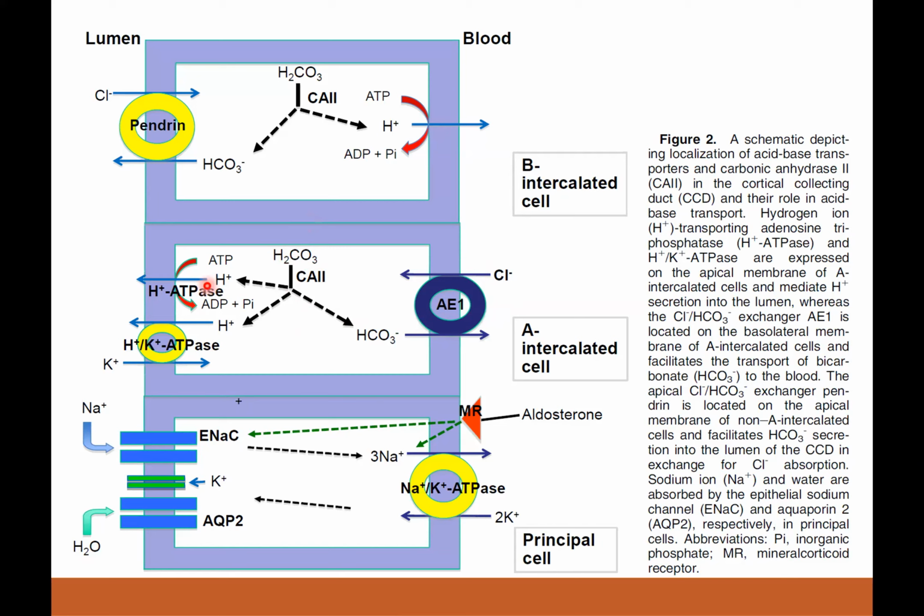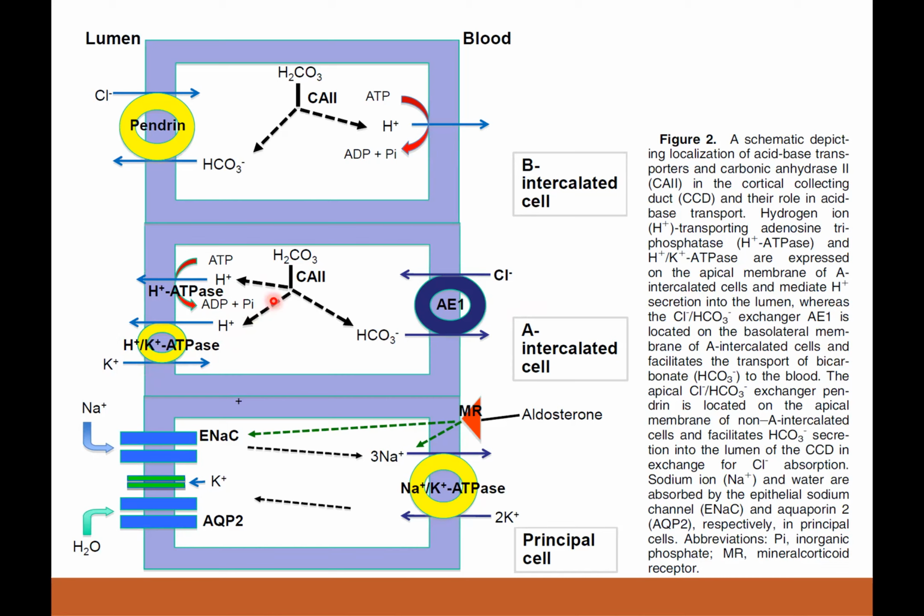That hydrogen goes through the H-K ATPase, not the Na ATPase. This is the one here. In this cell, it is the potassium that is exchanged and not the sodium. There it was the sodium hydrogen exchanger; here it is an antiporter, the potassium hydrogen exchanger. So as hydrogen moves out, potassium comes in. This is potassium reabsorption, hydrogen excretion, bicarbonate conservation.